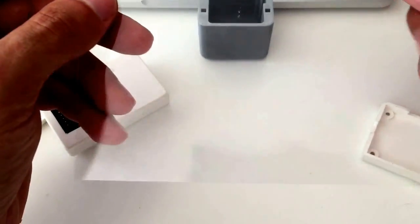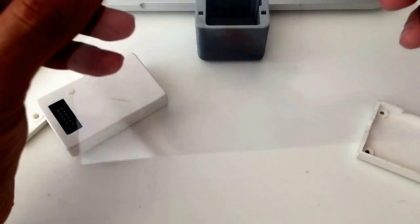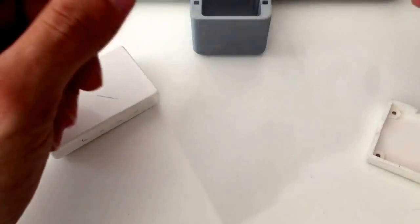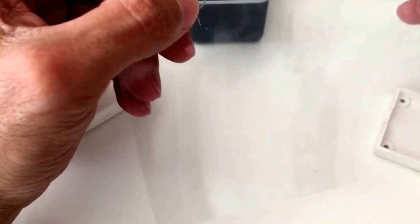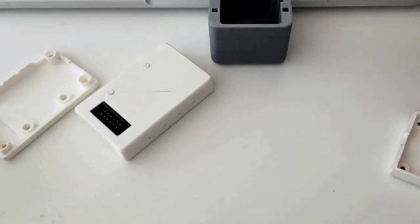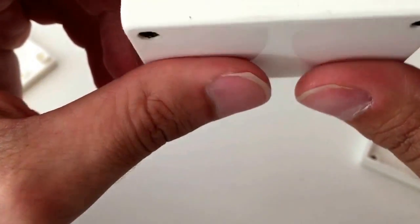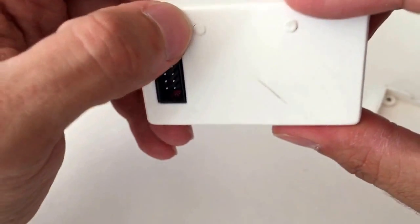You have to wash it, be delicate, and there are some kinks in this piece of acetate which I caused while I was washing it. So this one will not come off, and it will probably burn part of the filament for whatever reason. I haven't figured that out yet. But the final result is quite impressive. So I decided to keep printing using this technique